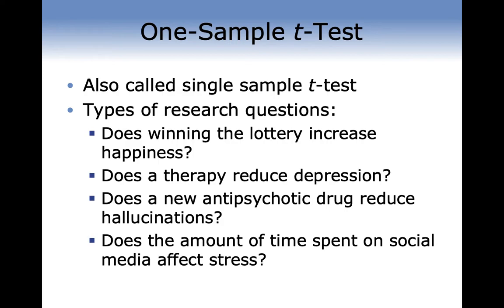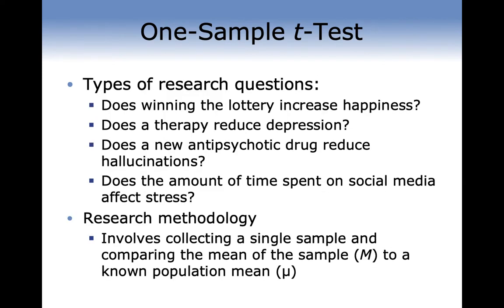Types of research questions that we can answer with a one sample t-test would be: does winning the lottery increase happiness? Does a therapy reduce depression? Does a new antipsychotic drug reduce hallucinations? Does the amount of time spent on social media affect stress? Critically, with these questions, the research methodology for a one sample t-test involves collecting just a single sample of participants